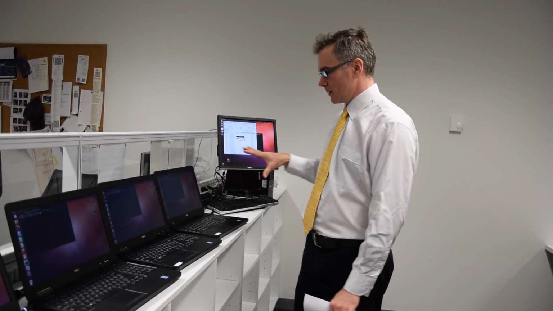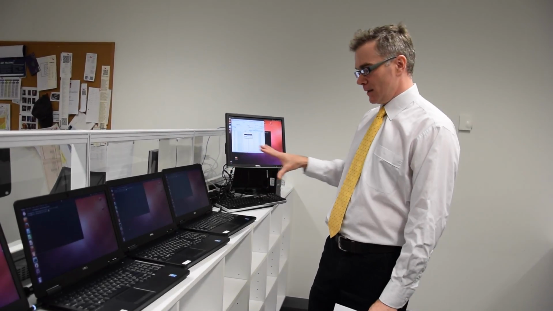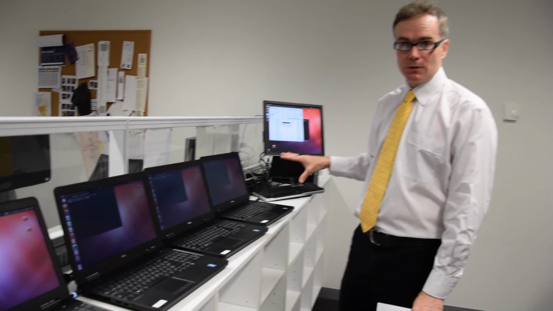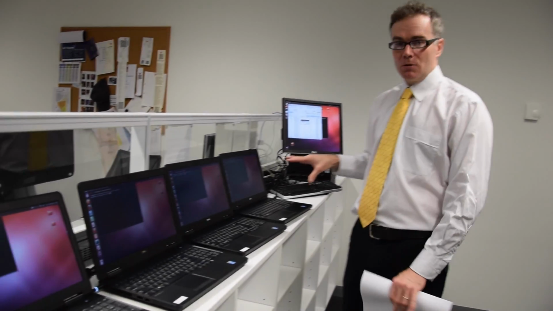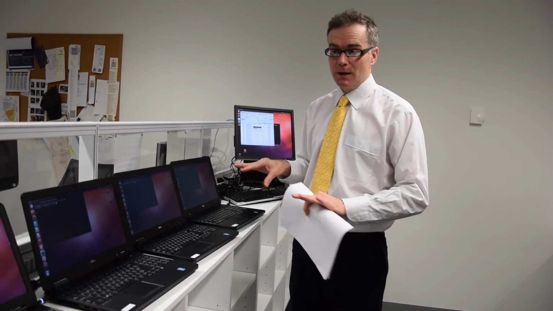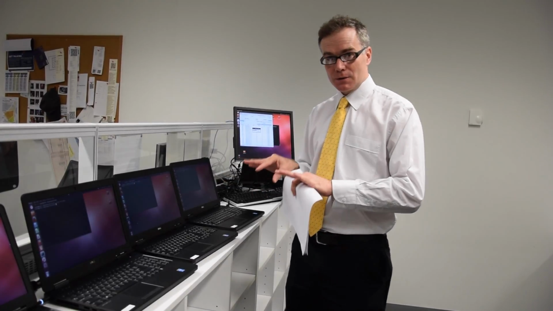While it's doing that, I'm going to say something about this particular collection of machines. You might notice that they are all Dells. They're all Dell Latitude laptops, all exactly the same, and they are all running the same software. Okay, this is actually a concession that we made in 2014. The final design of this system